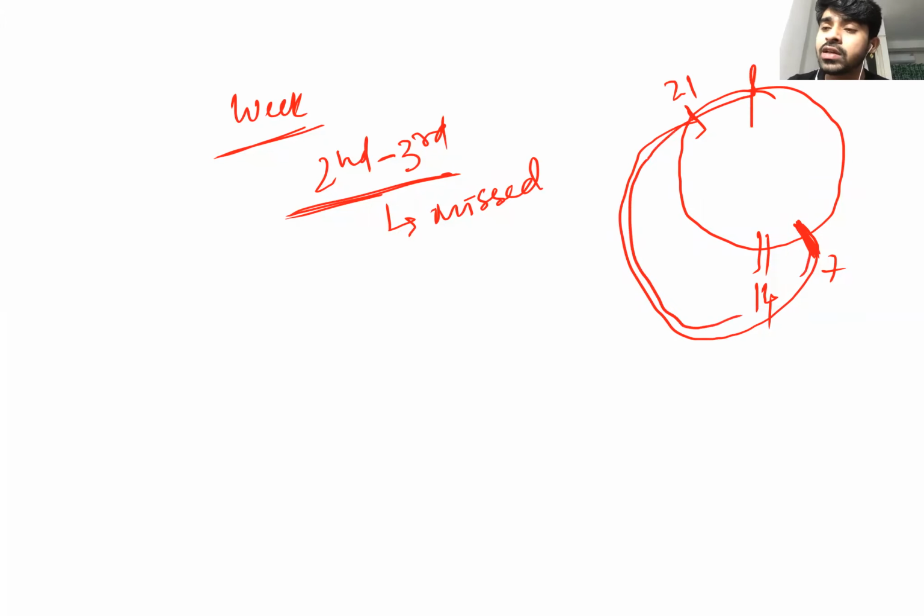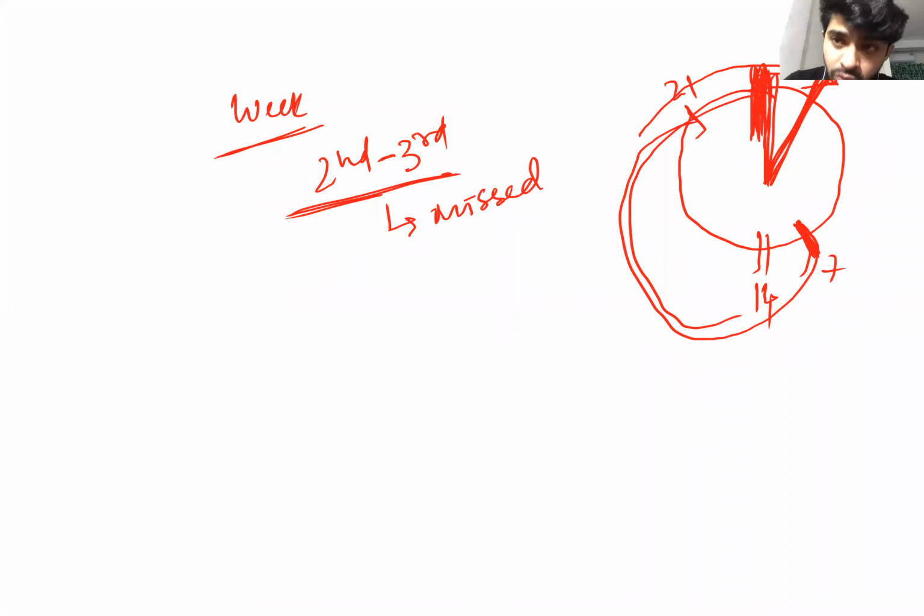I mean 28 is already covered, and you are expecting that I should have some menstruation, I should have some bleeding in this cycle, but I'm not getting this. Why? Because you are going to miss this period. Why? Because HCG is already there, and this HCG is maintaining the corpus luteum, and it is maintaining the estrogen and progesterone. There will be no drop of estrogen and progesterone, so there will be no bleeding phase.